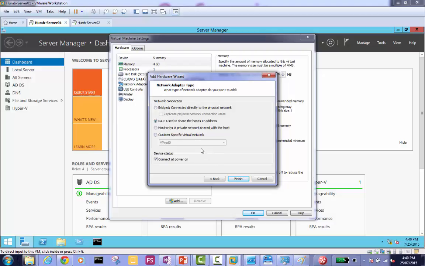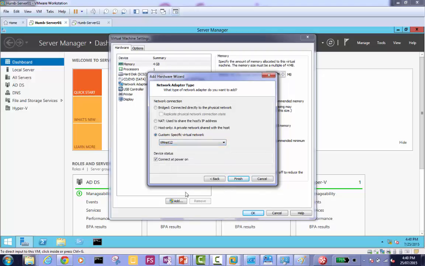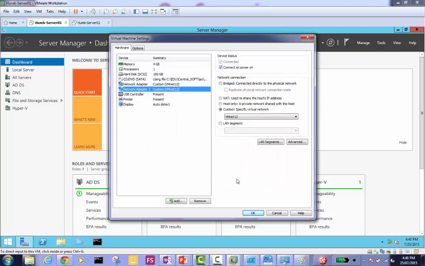I need it to be exactly the same setting as my domain controller. I think my domain controller is VMnet 12. I'm going to double check that. If your domain controller is on NAT, keep it NAT. If it's on local host, keep it local host. It doesn't matter, it has to be exactly the same. Don't put it on bridge, we don't need internet here. Yes, it is on VMnet 12 in my case, so the second network card is also on VMnet 12.